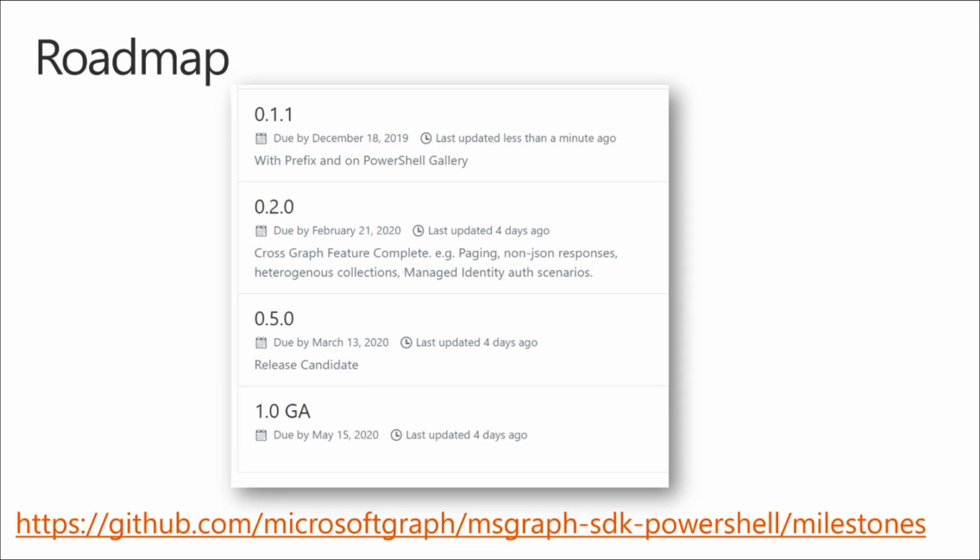Paging is something we can't yet deal with, non-JSON responses, so dealing with photos doesn't work. Reports that have CSVs we still need to work on. Heterogeneous collections: you mentioned before about getting the owners of a group. They come back as a directory object, but in reality they are actually a user in many cases. So there's a bunch of scenarios that we want to get fixed that will affect all of the PowerShell commandlets